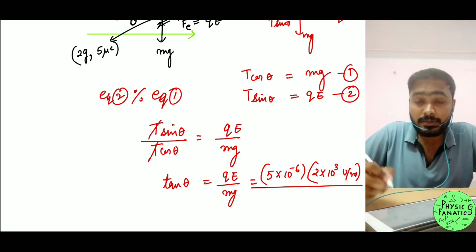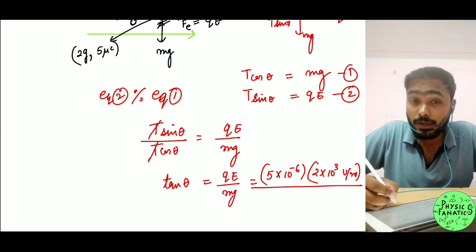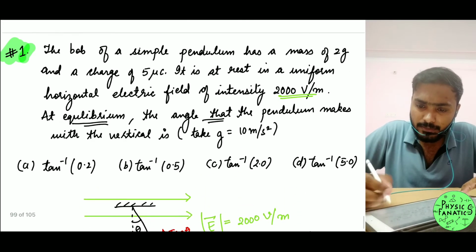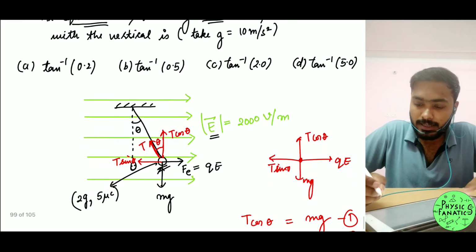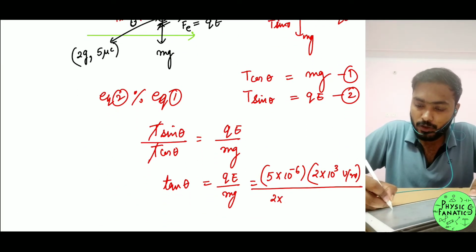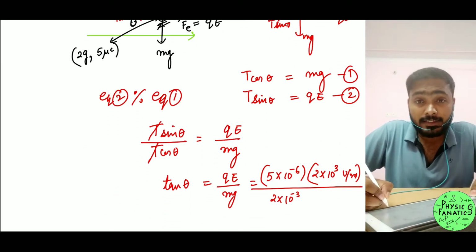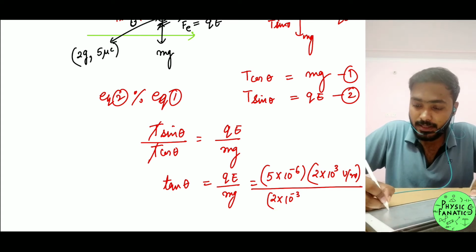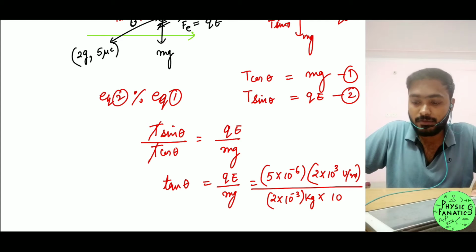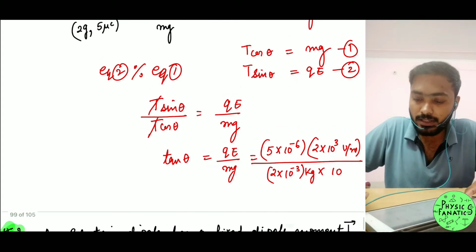So that is understandable. Mass is 0. So mass is 2 gram, I guess, right? Mass is 2 gram. So that can be written as 2 into 10 to the power minus 3 kgs, right? This is kg multiplied by gravitational force, meter per second square, that is 10 meter per second square. I assume that, right? Okay, great.